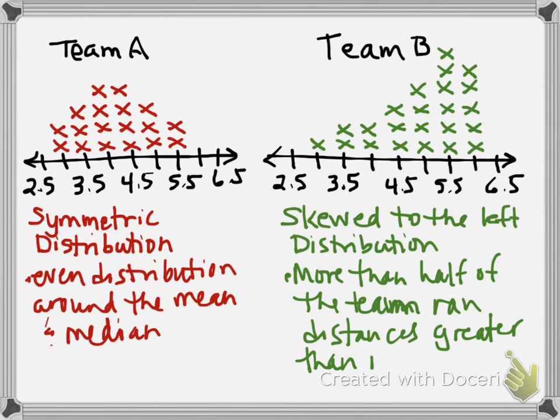And we could prove that out by doing some calculations, okay? So again, will median and mean in a symmetrical distribution be approximately the same? Yes or no, for Team A? Median and mean, will they be about the same? Okay, and I would agree to that. So mean would be approximately equal to the median because of the way the data is split up. Okay, will the mean and median be the same in skewed data? Will they always be equal? Okay, and no, the answer is going to be mean is not going to be the same